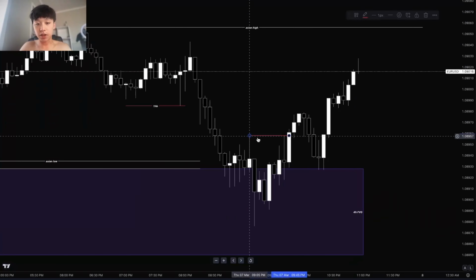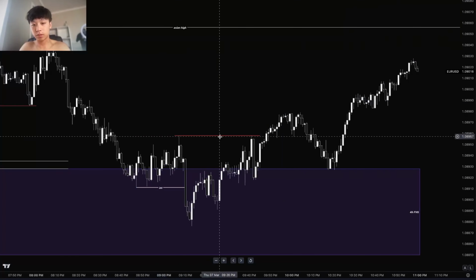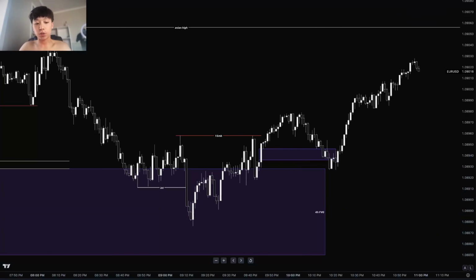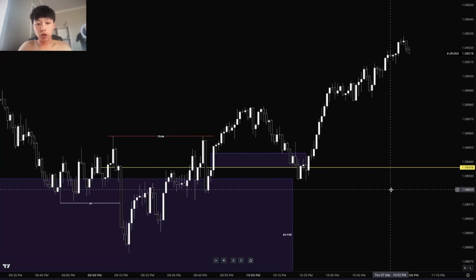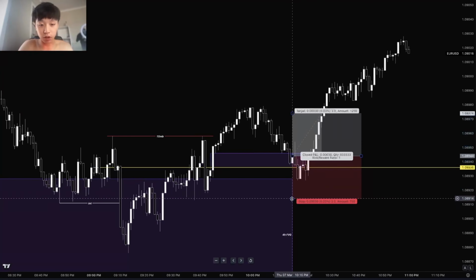I then scale in, and I can see clearly right here that we have an internal sweep of this low, and then we also have a 1 minute fair value gap right here. So we have a valid market maker buy model, as well as something I counted in called the true open. So price opened right here at 9 p.m. So my first entry, I entered 0.5% on this, when it first initially came into the 1 minute fair value gap,